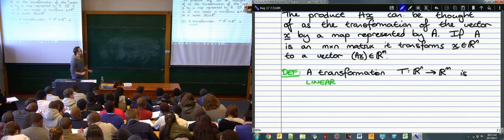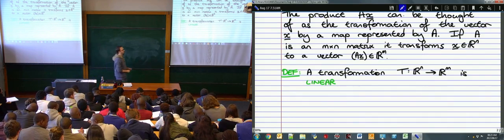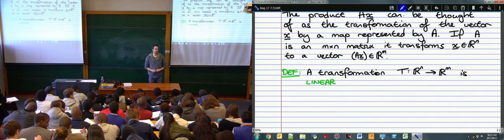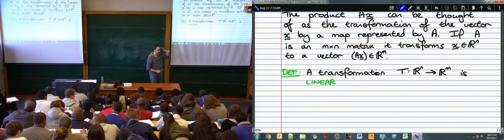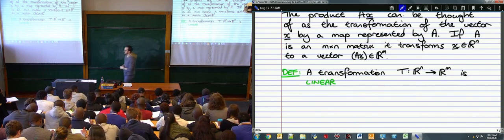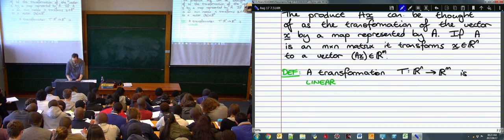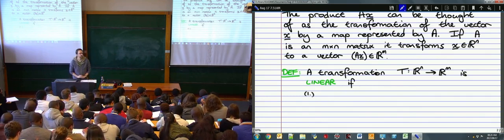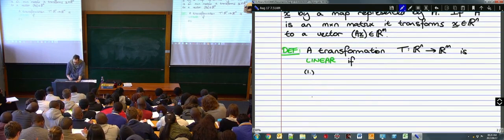So we say that a transformation from, I'm going to say Rn to Rm, in general it can be from any vector space to any other vector space. But maybe we'll start by thinking about Rn to Rm. We call it linear if there are 2 conditions that must be fulfilled. The first condition is just that